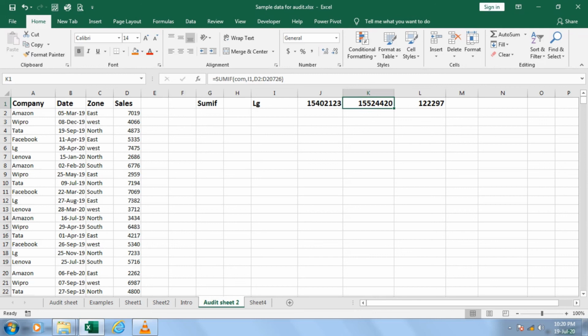I know in every audit we use it, every CA is going to use it, every company, every Excel user uses this. So remember when you are using SumIf and having a name range, be careful with the name range.